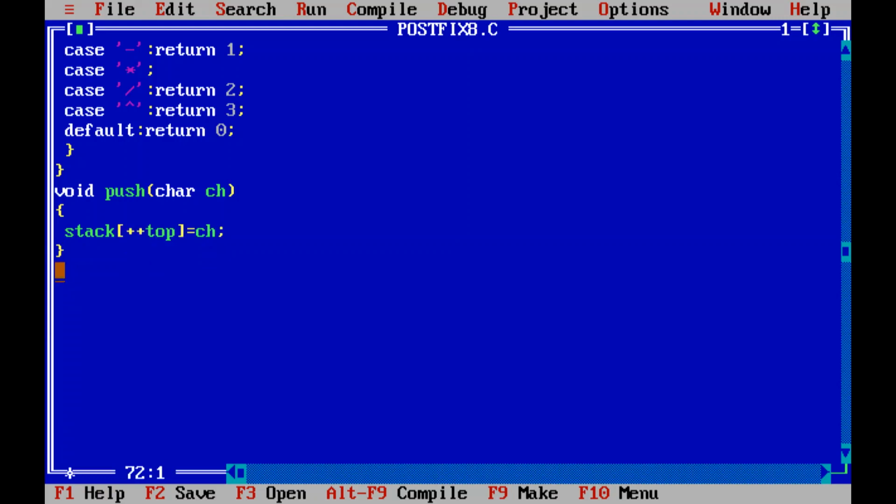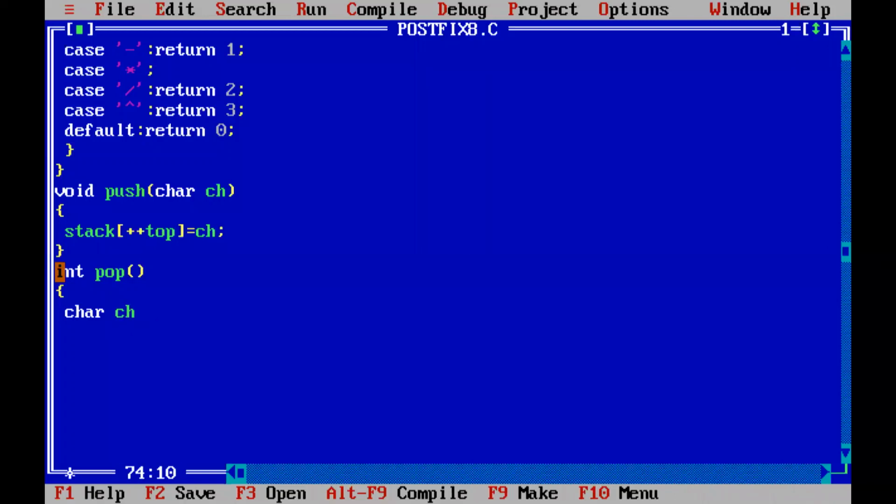Now, what is the next function? I gave the spelling as PRECED. Okay, not precede, sorry. Pop, the pop operation. Into pop, you will be popping out the operator on top of the stack. For that, you can declare either a character or an integer.